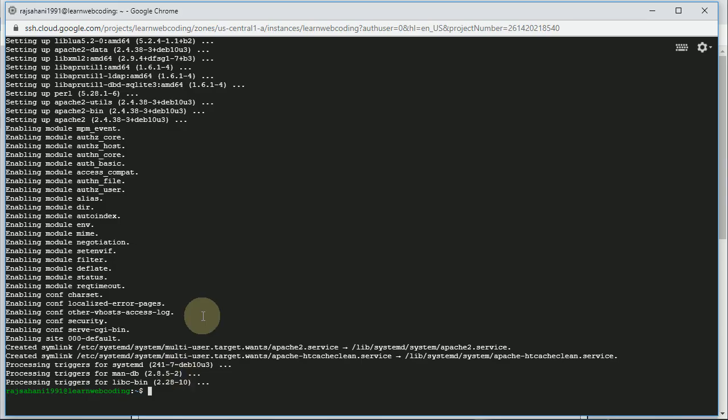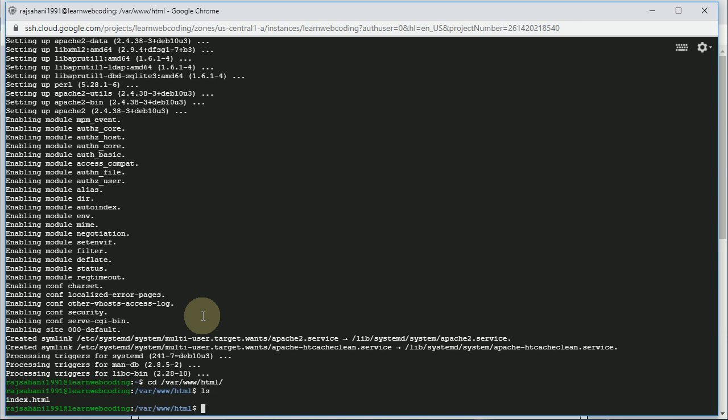So I'm going here: cd to www.html, and ls. So here we have the index.html file. Now let's go here and create one more file. So let's say echo, hello there, into file.html.